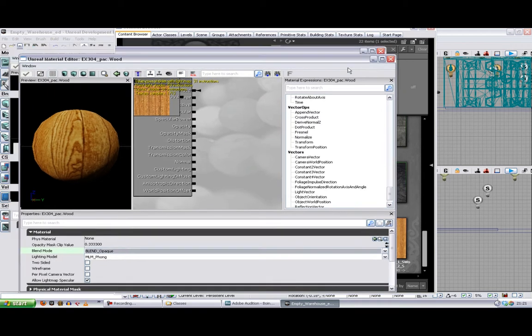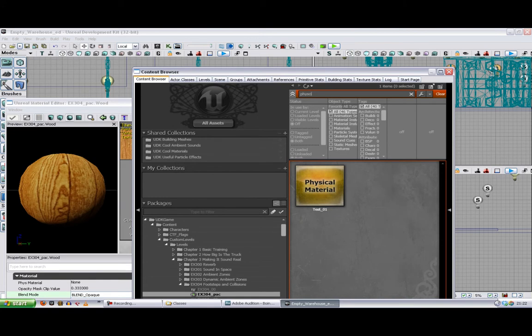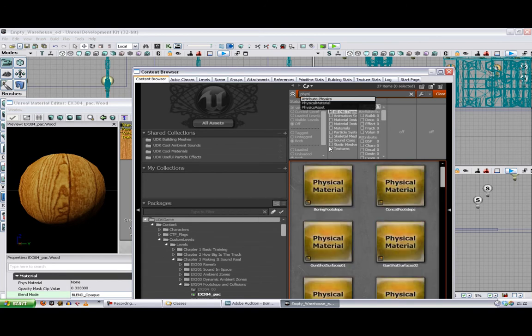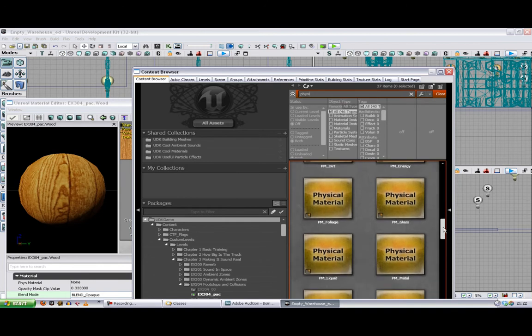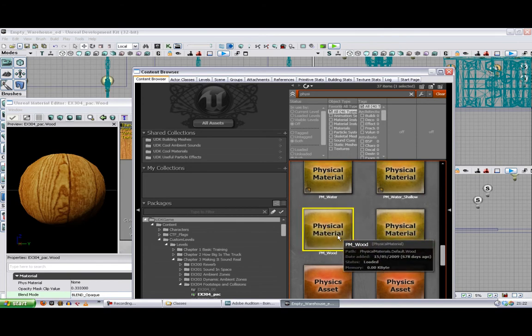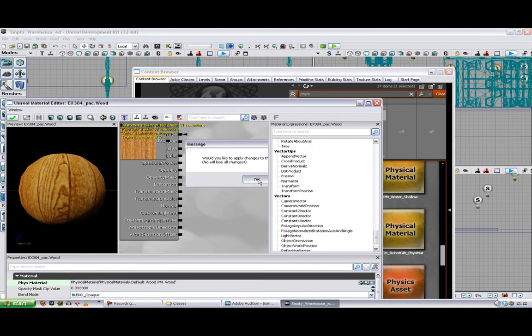So what we want to do is we'll keep that open and we'll go back here and we'll find some of these physical materials and see if we can add, if I spell it correctly, it might help. Right, so these ones starting with PM are the UDK ones, so we can walk on glass, on metal, foliage, etc. And down the bottom here we've got a physical material of wood. So if we attach that to our material and then we make sure that that is applied,